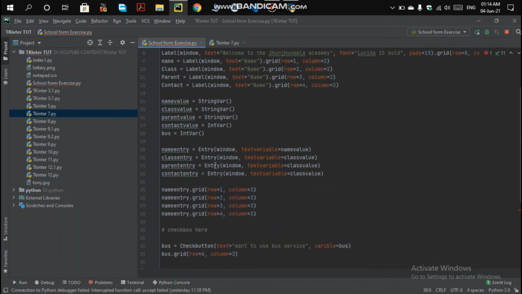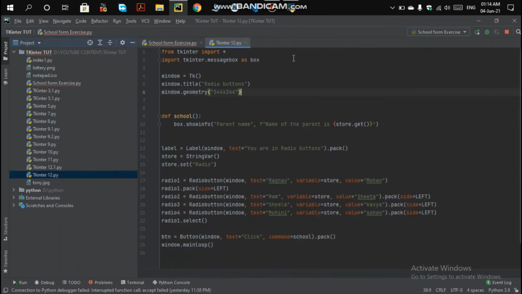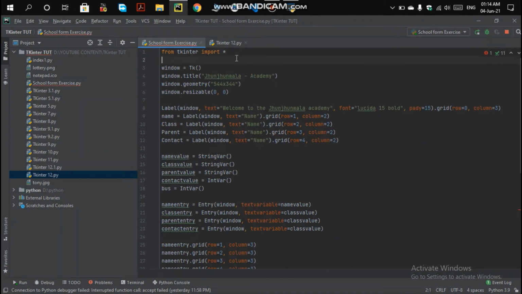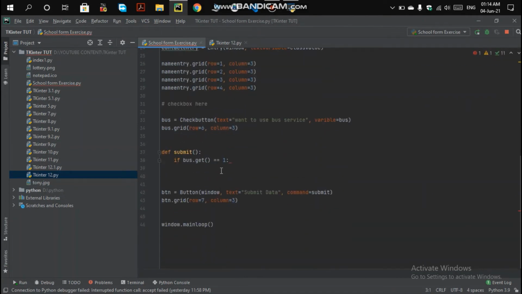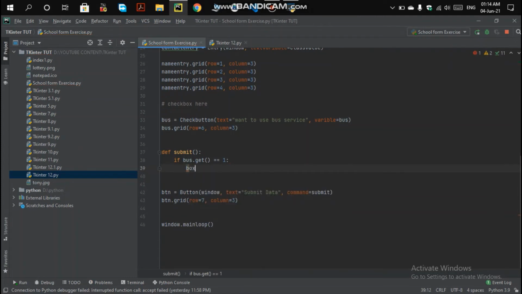Had we imported the box here or not? Let me import the box. So messagebox from here and below this. Okay, so I'm going to use the box here. So box.showinfo, in the showinfo option we will be showing the data of your student. So your student data will be basically